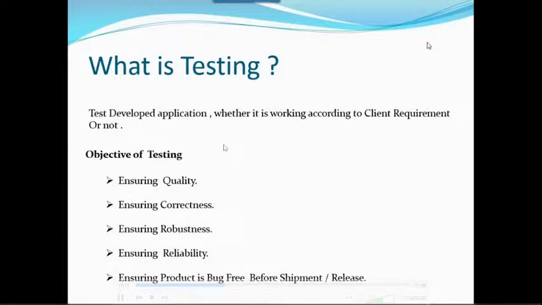Understand, right? But we cannot say to the client, you will not get a single bug after the product launch. We cannot promise like that because we don't know what kind of issues will come. In real time, by using the application, we will definitely get some issues, no doubt at all. Is it clear? So we cannot give 100% assurance.